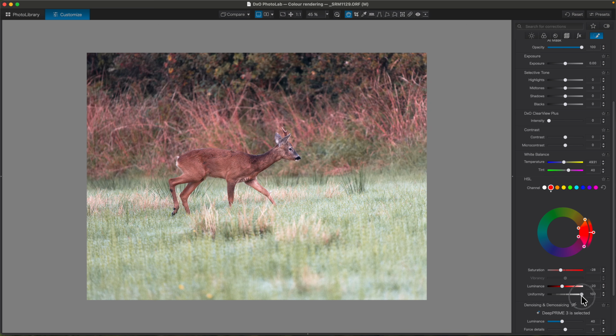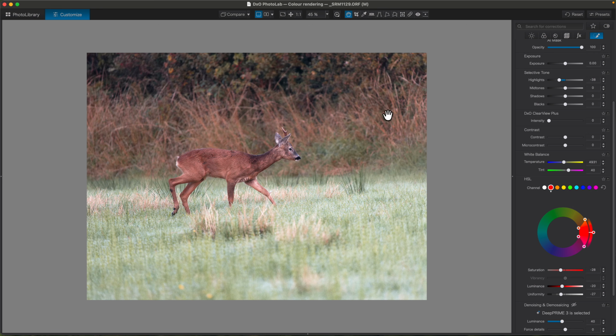If I go to uniformity, that sends things more to the red side. This will take your reds towards green, so I'm just going to knock that more towards the green, and it's just subdued that red, so that the deer has started to sort of pop out a bit from the background. Also I can do for them grasses, I can knock the highlights down, so I'll just knock them highlights down on them grasses,